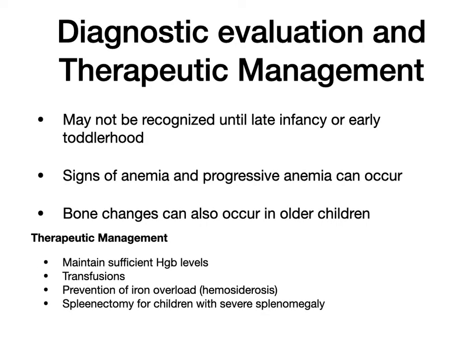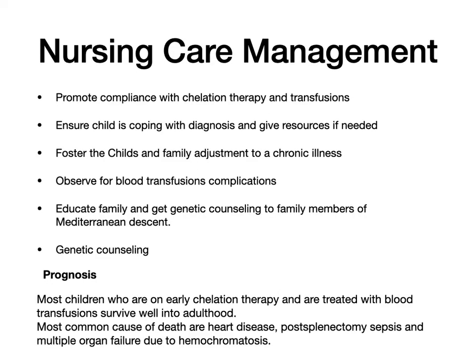Diagnostic evaluation and therapeutic management. It may not be recognized until late infancy or early toddlerhood. Signs of anemia and progressive anemia can occur. Bone changes can also occur in older children. For therapeutic management, we want to maintain sufficient hemoglobin levels, transfusions, prevention of iron overload, and splenectomy for children with severe splenomegaly. For nursing care management, we want to